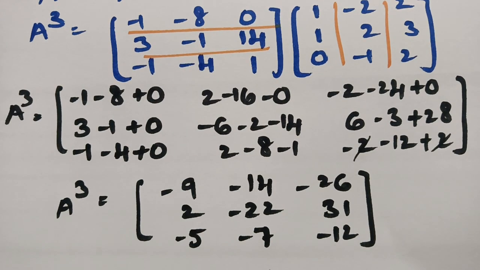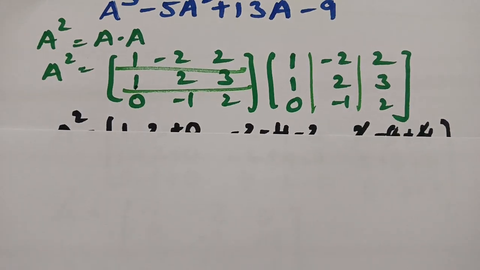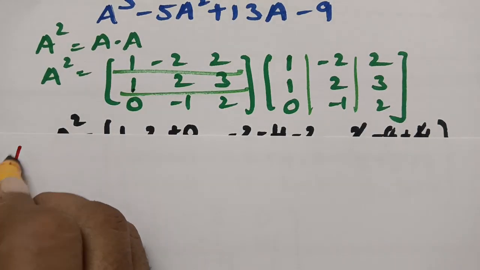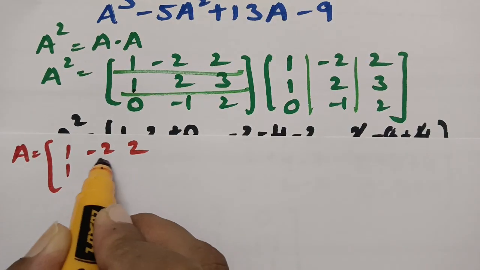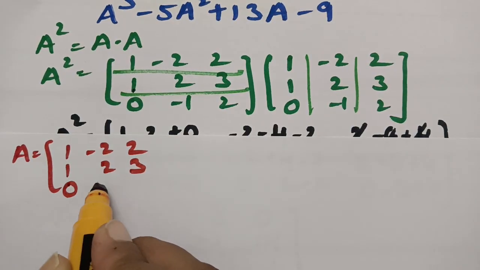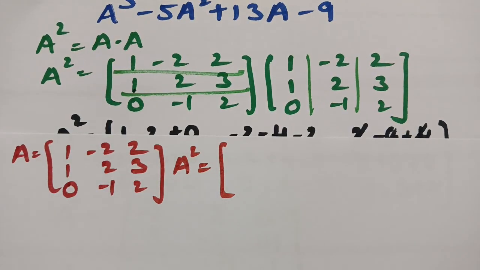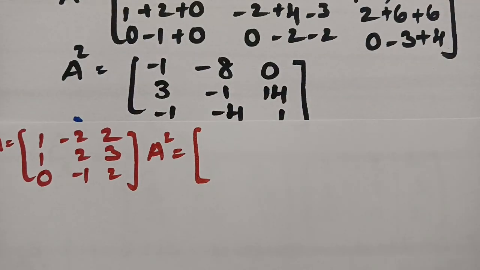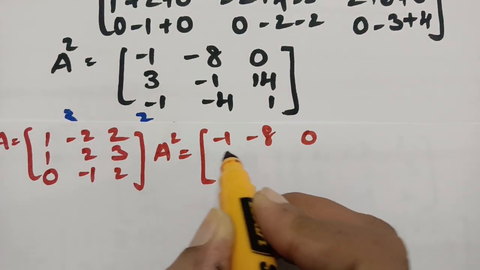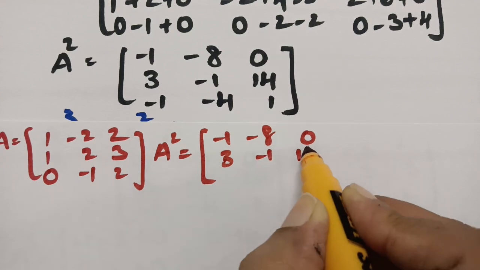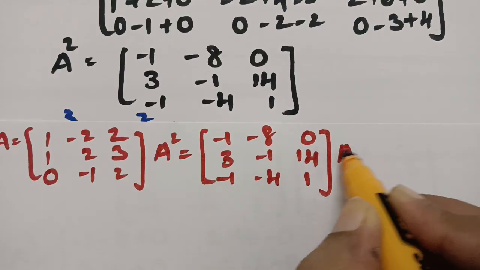So here if I substitute, so what is our a value here? First of all, our a value is clear as, so a value is nothing but 1 minus 2, 2. This is 1, 2, 3 and this is 0, minus 1, 2. So what is our a square value? See, let me show you. Our a square value is this one as minus 1. So this is minus 1 minus 8, 0. This value is 3 minus 1, 14 and this is minus 1 minus 4, 1 and our a cube value